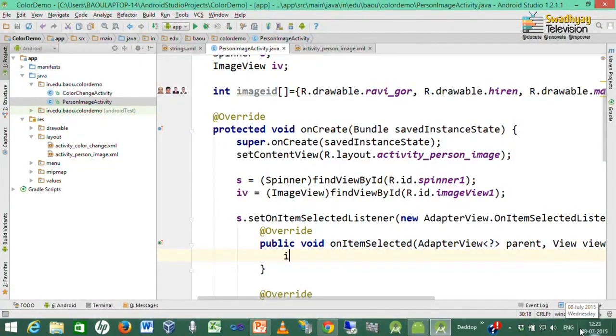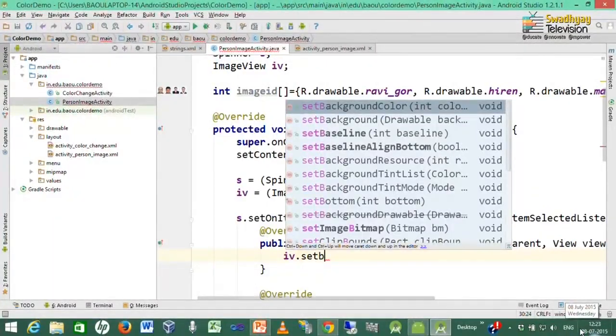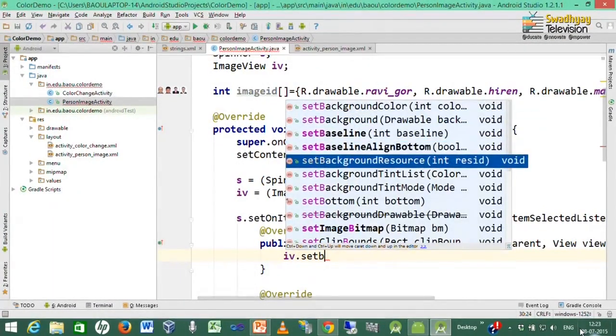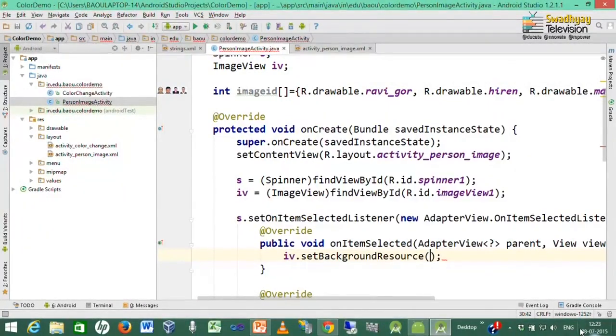So, here we write iv.setBackgroundResource. This background resource will fetch the ID of the image from the drawable folder, and it is available in imageID at the specified position.